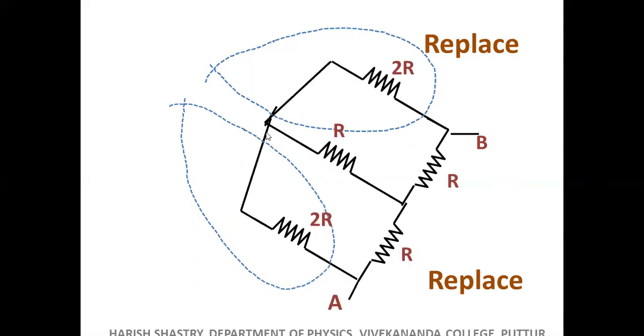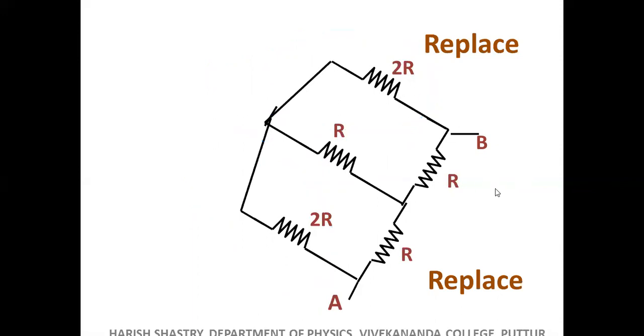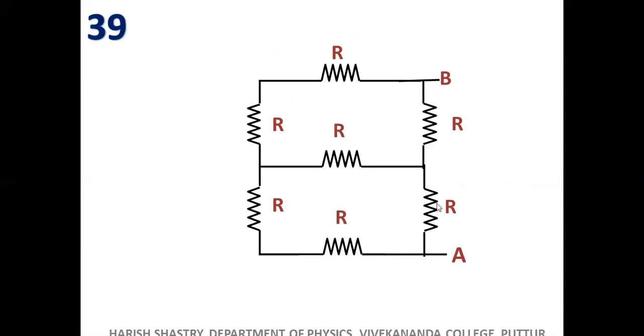After A up to here. After B up to here. Replaced 2R. So now this is like this. So this 2R was made as R and R. This 2R was made as R and R. But we don't have such a connection here, right? We have a single R here, single R here. This has not been split into R and R.